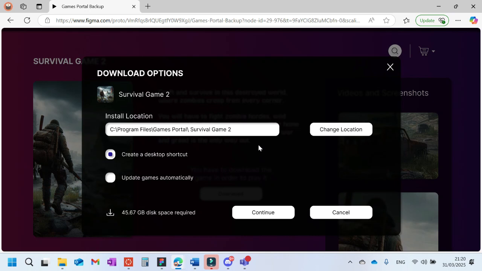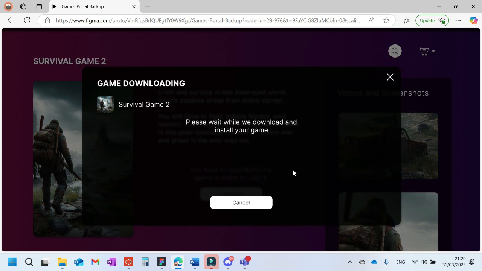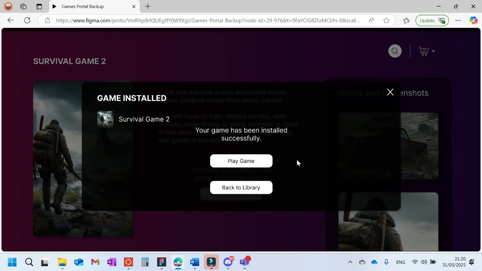This will open an overlay, allowing the user to choose an install location and some extra options if the user chooses so. Then to continue, the user would have to press continue, which will take the user to download the game and install it automatically. Once the game is installed, the user is asked if they would like to play the game or go back to the library. If the user presses the play game button, it would lead them straight to the game. But in this case, we're going to go back to the library,